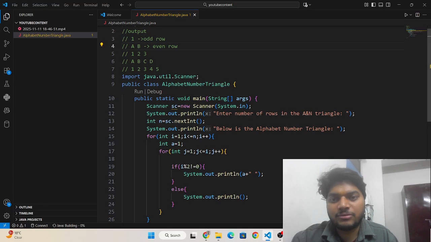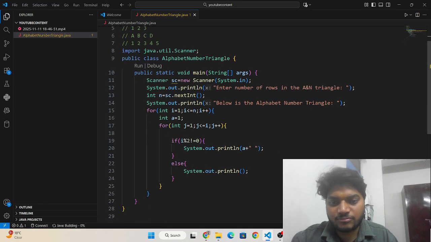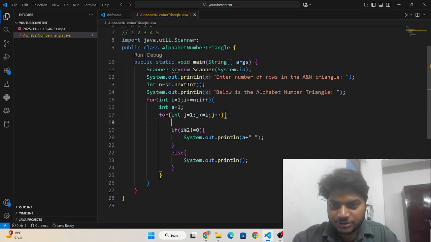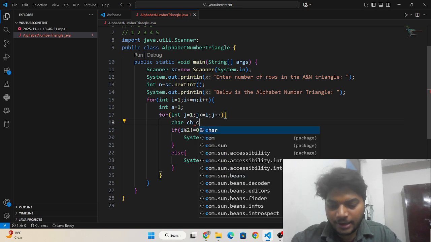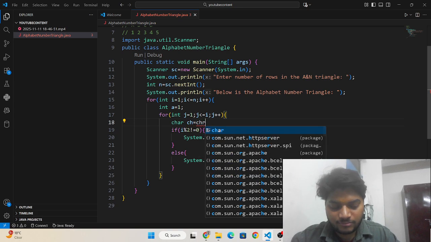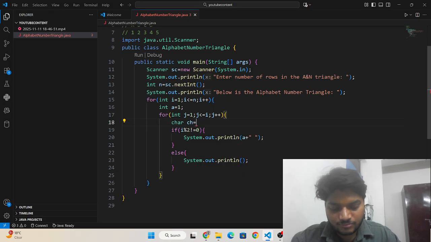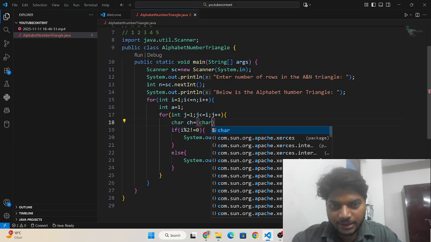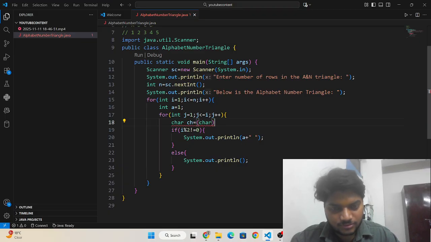We have to keep these things in mind while solving this problem. So I need to write first: char ch = (char)(a + 64), and then it's done.